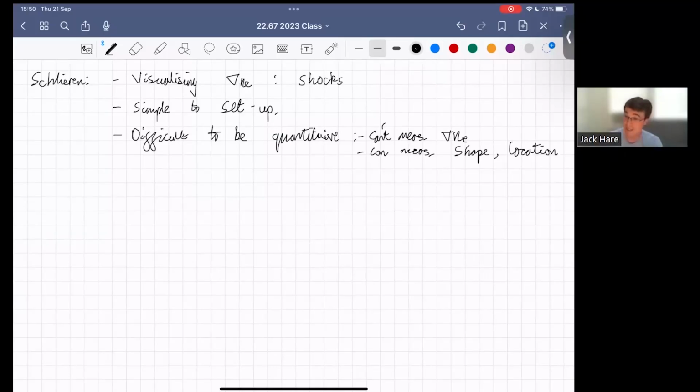Now, there are some ways where you can make this more quantitative. So imagine you've got a little beam of light coming in like this. This is going in this direction. And you have a knife edge that looks like this. That knife edge is going to be entirely blocking what's coming through. We'll have zero light coming through. But if we have a beam that comes through and it's lined up like this, you can see that now about half the light is going to get through. And if we have a beam come through that's lined up above the knife edge, we'll have all of the